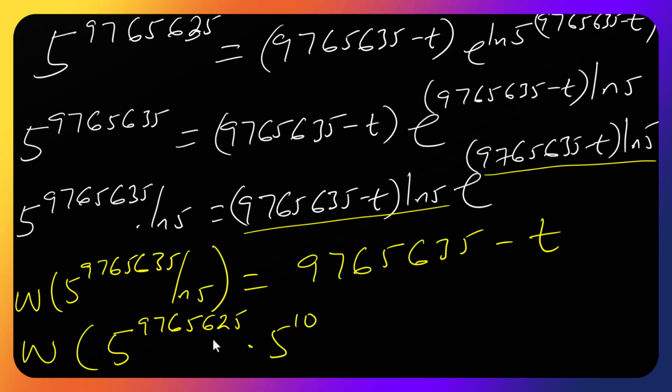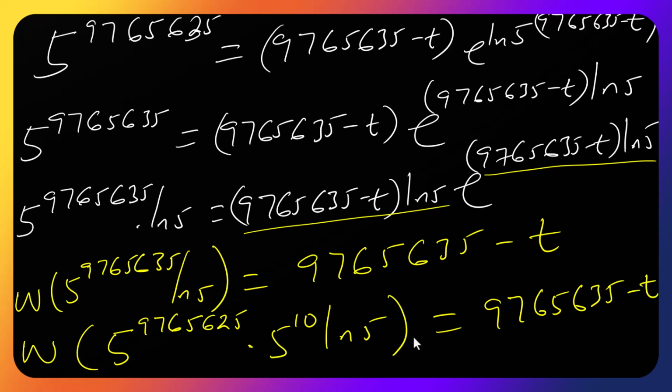Now, if I add 10 to this, I'll get the 35 here, so that times ln of 5 equals 9765635 minus t. Now 5 to the power 10 will still give us exactly as this. So my left hand side will be